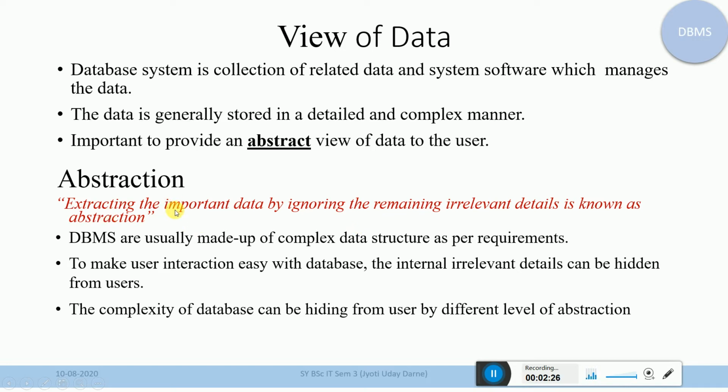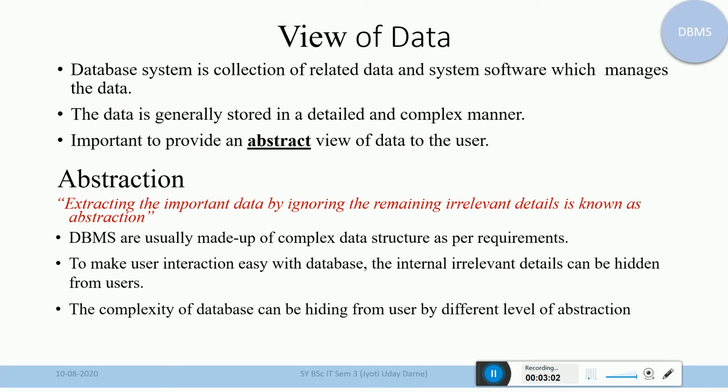Now, for example, suppose we are dealing with some accounts like bank accounts. The user only requires their account balance or money related details. The user is not concerned about how data is going to be stored in the backend or database, what type of structure or model is used by that database to store his or her data, what type of constraints we are using, or what query we are firing in that particular case.